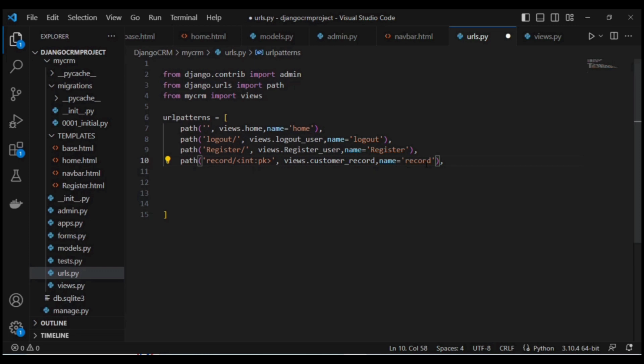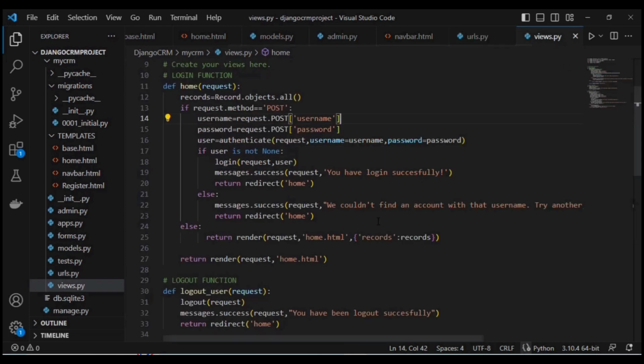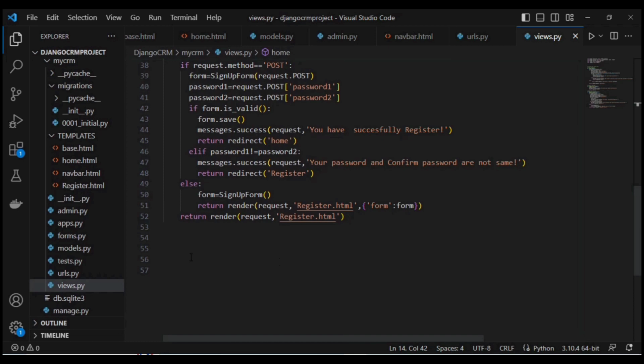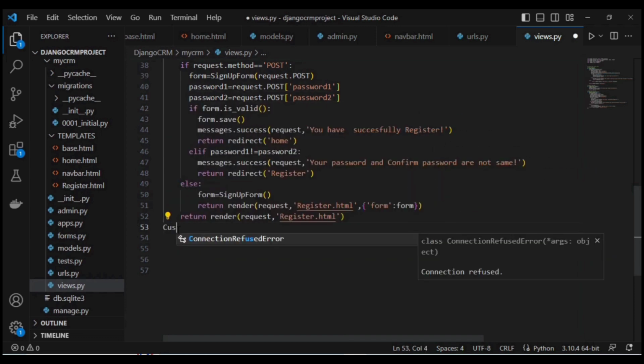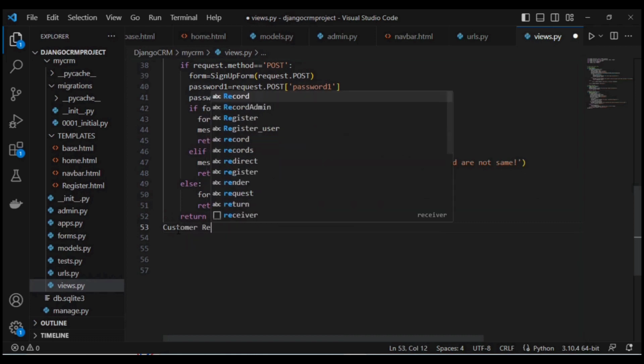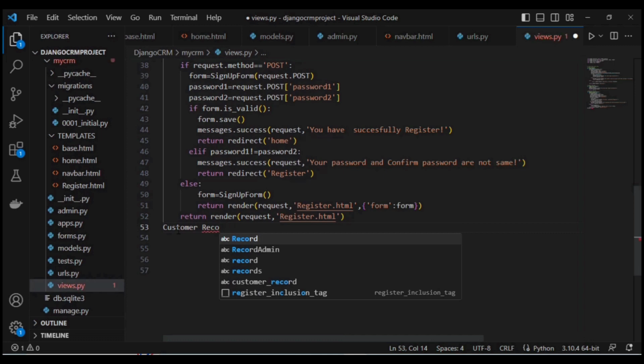Then Control S, then go to the views.py file, and here we need to create the view, which is customer record view. What name we have given inside the urls.py file. So def, let me add one comment, customer record,